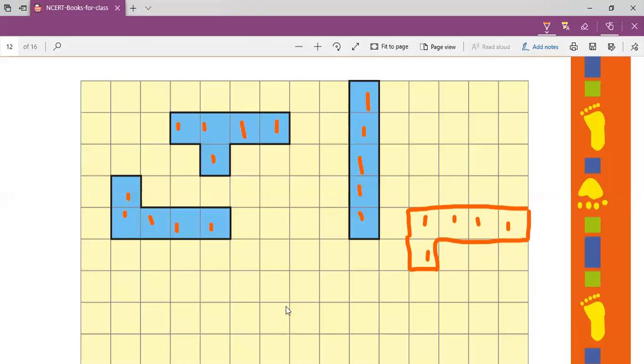So what you have to do is draw as many shapes as possible in this square grid. Each should be a different shape. Right now I was drawing, but my shape and this shape were similar, so I erased it and drew a different one. So all the shapes you draw on this grid should be different shapes. They should contain 5 squares. The area of each shape should be 5, but they should not be similar to each other.